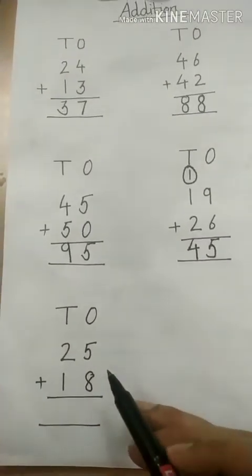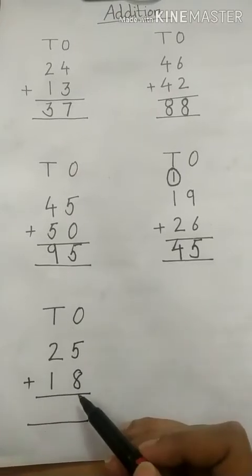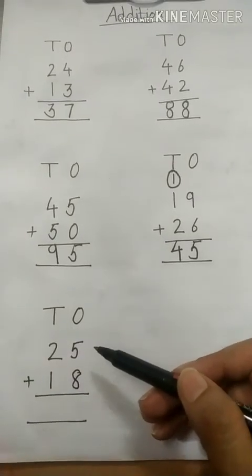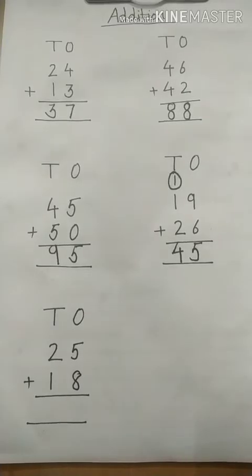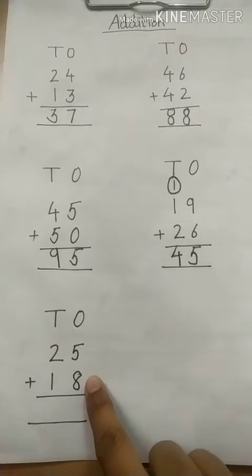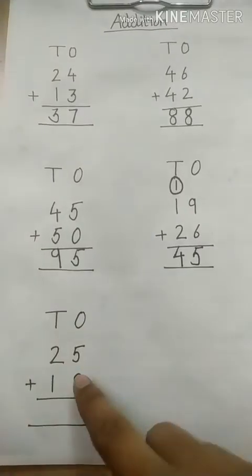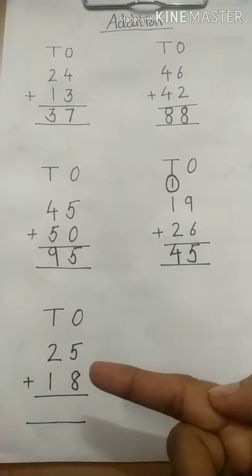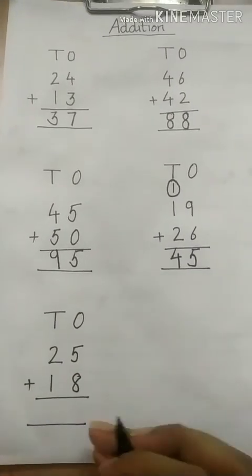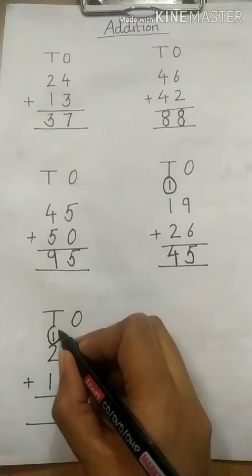Let's do one more. Here we have 5 and 8 in the ones place. Children, it is totally up to you. Either you can take in mind number 5, or if you find it easier to take the bigger number in mind, then you will take 8 in mind. So I am suggesting you to keep the number 8 in mind and 5 blocks afterwards. After 8 you need to start 9, 10, 11, 12, 13. So we get 13. So I will write 3 here and 1 is carried over.